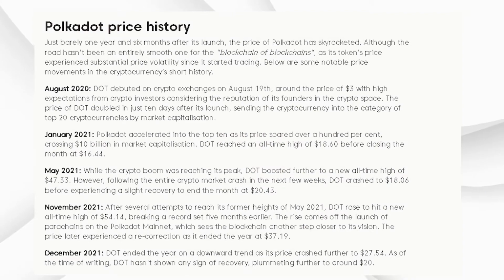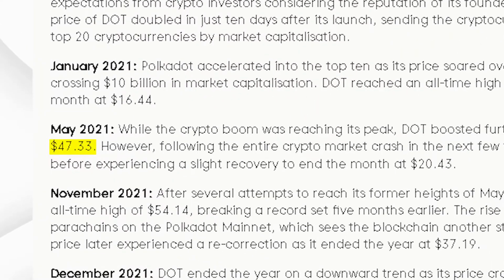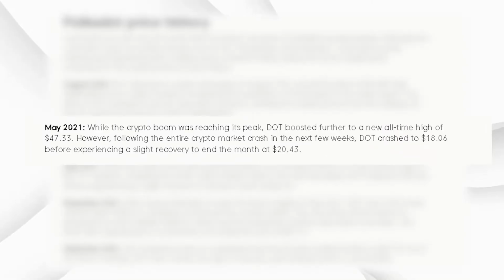DOT soared to a new all-time high of $47.33 in May 2021 as the crypto craze reached its apex. Unfortunately, following the crypto market crisis towards the end of May, DOT fell to $18.06 before recovering somewhat to close the month at $20.43. In November 2021, after numerous failed attempts to reclaim its May 2021 highs, DOT soared to